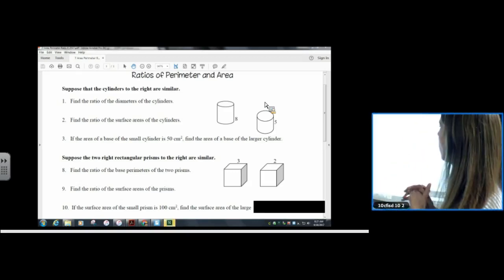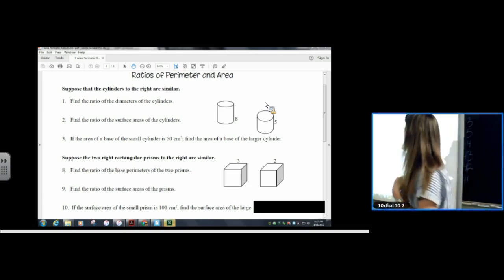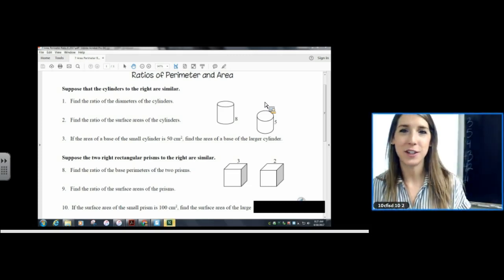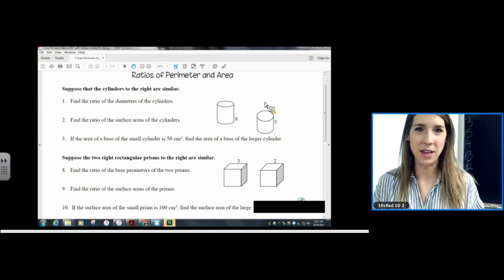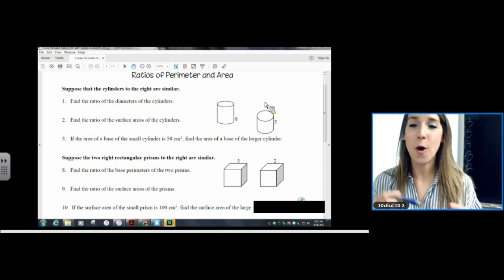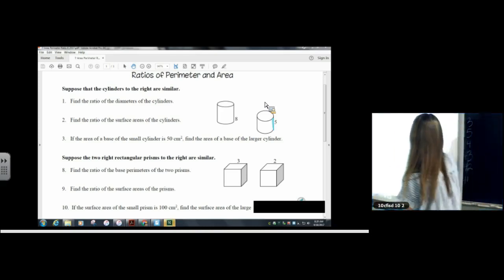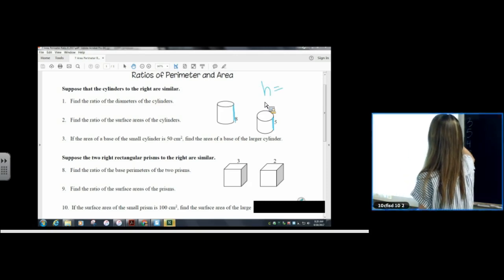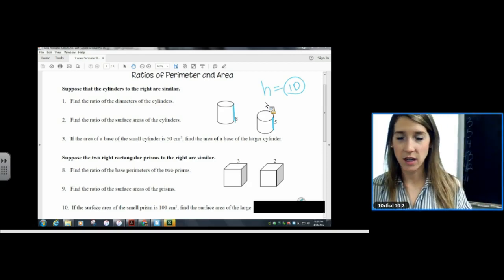Right, so looking at number 1 on ratios of perimeter and area, what we don't worry about is that those are cylinders. Yes, those are 3D figures, and no, we haven't had the 3D figure unit. You didn't just miss it. But all we care about is that they gave us the height of the cylinder. The height is like a side length. The height is a dimension of our cylinder, so height is